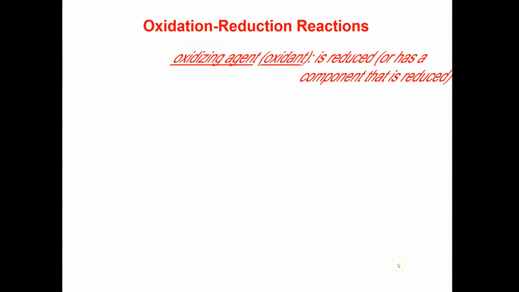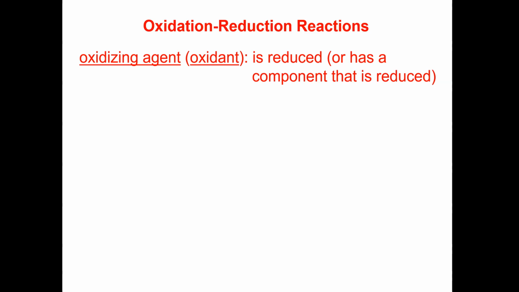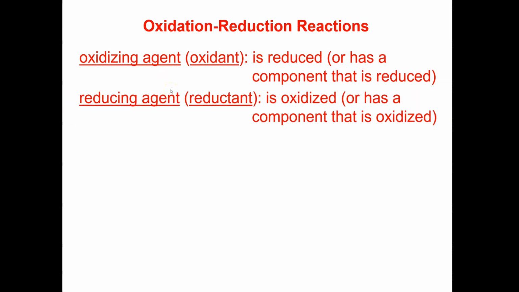So let's talk about redox reactions in terms of these agents. Generally we call one an oxidant. You probably won't see it too much as an oxidizing agent, but we'll call it an oxidant. It's what's being reduced or has a component that's being reduced. So it's actually the opposite. This term generally refers to something that has the ability to pick up electrons. We usually call the other a reductant or a reducing agent, something that's oxidized or has a component that's being oxidized,